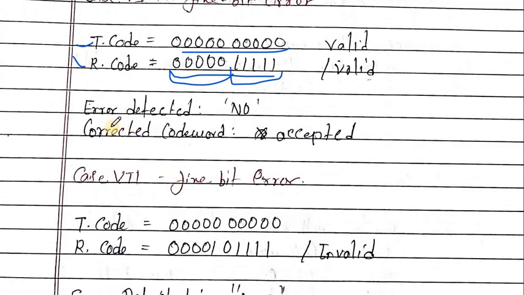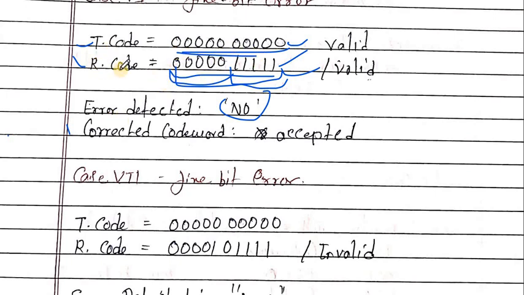So here the error is detected? No, there is no error detected because this is a valid code word. So the error is not detected, and the wrong binary string is accepted by the receiver end, because the actual string transmitted by the transmitter